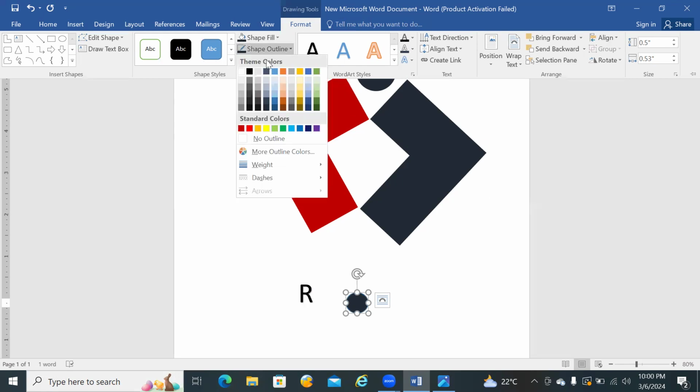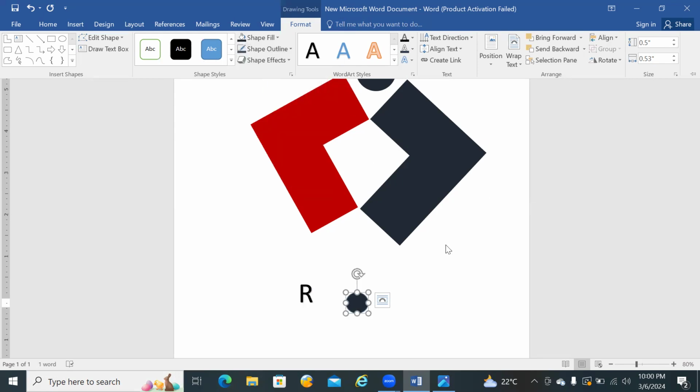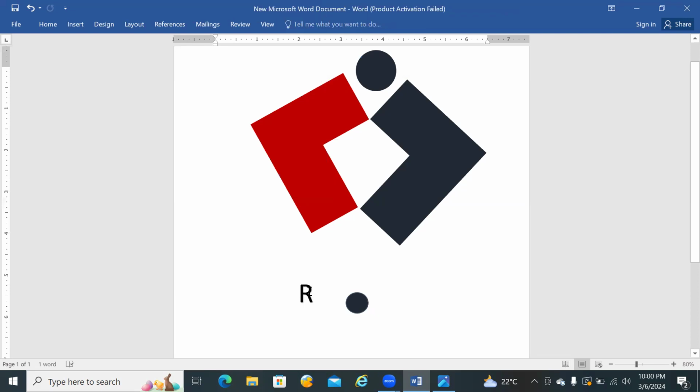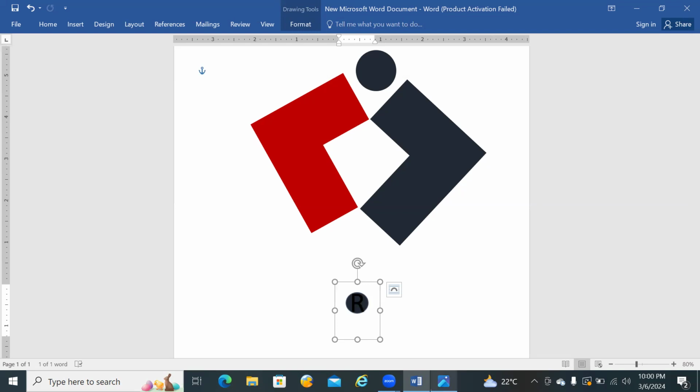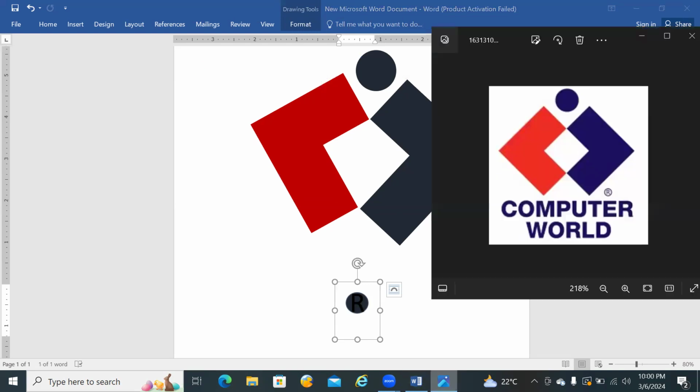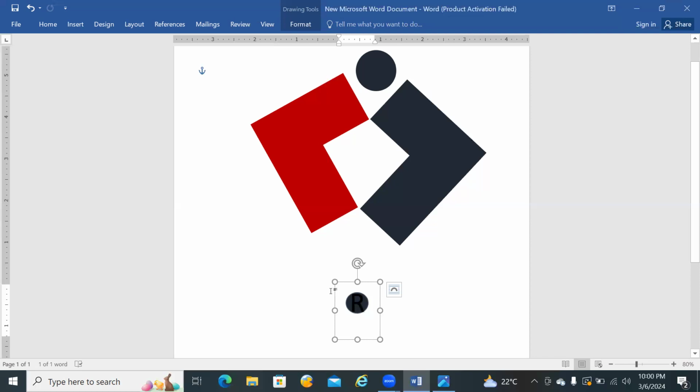There is also ready-made, but what if you do not have this already made stuff? Is this real like this? This one has no outline, right? Yeah, you can get this one already made R, but